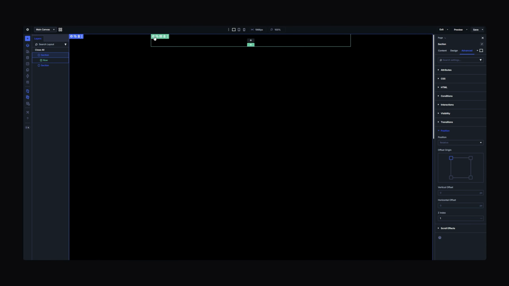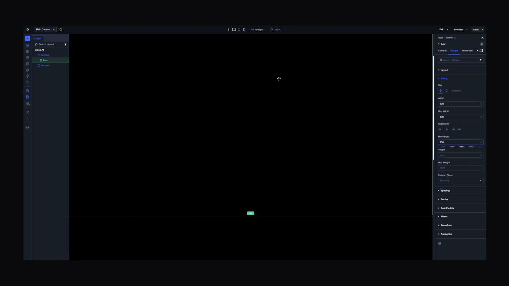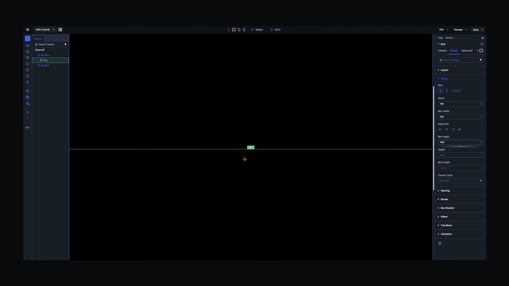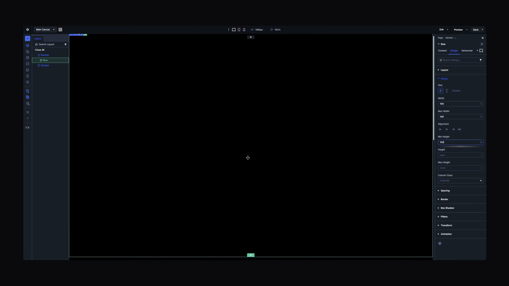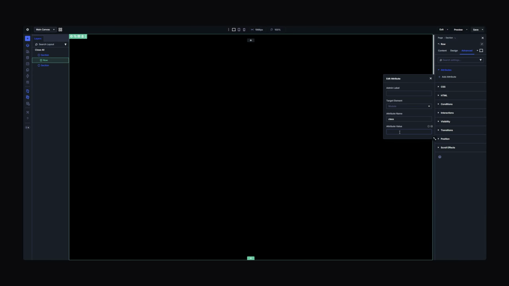Now what I'm going to do is I'm just going to head over to the row settings, go to design, sizing, and just make sure it's set to 100% for both width and max width. And then as well, give it a min height of 100 view height. So you can see here, as I scroll down the page, there is still space below my row within this section. Head over to advanced attributes and give it a class of masked